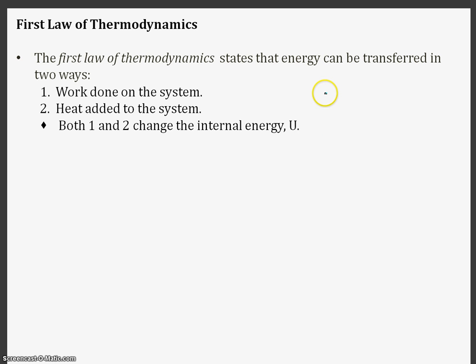Okay, so the equation for the first law of thermodynamics, which you're going to be seeing a lot in the next week or so, is this. Okay, it's delta U, the change in internal energy, is equal to Q, which is just the heat, and W on, so the work done on the gas. And I like the way this is written because, if Q is positive and W on is positive, that increases delta